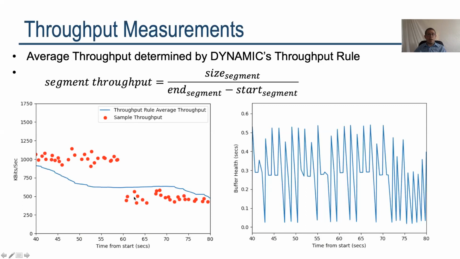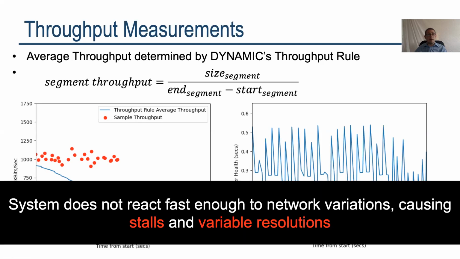And if we overestimate the available bandwidth and the throughput with a lower buffer of 1 or 2 seconds, there's not much time to adjust. We can see on the right-hand graph that the buffer level quickly goes to 0 when this happens. The average filter pays attention only to the mean, resulting in the system not reacting fast enough to network variations, causing stalls and variable bit rates. Although you may not want to adjust to each individual segment's throughput measurement, it is important to pay attention to the variation.